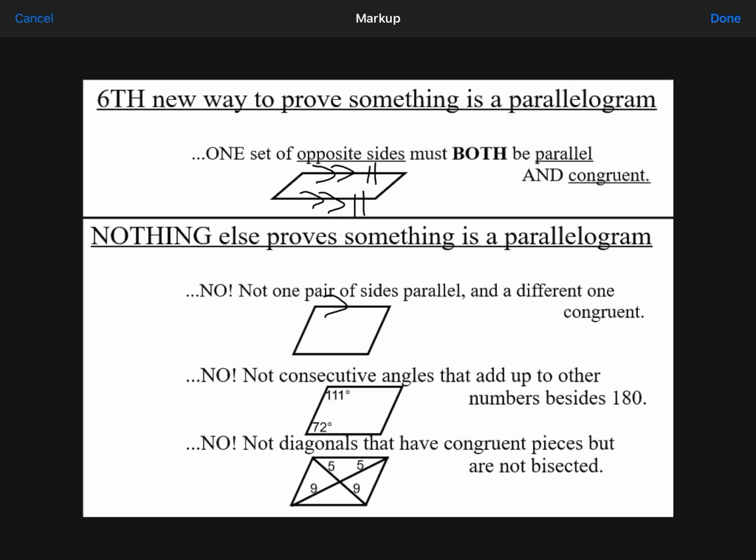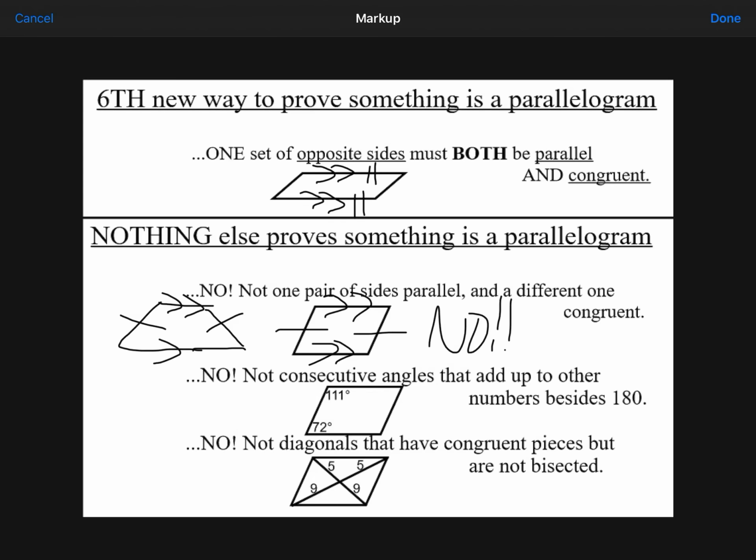In other words, if your top side's parallel to the bottom, but the left side's congruent to the right, no, that doesn't mean it has to be a parallelogram. It might be. It also might not be. We have no idea. That information by itself isn't enough. In fact, if we took this side on the right and we just did all the other 3 sides the same, top parallel to the bottom, left congruent to the right,